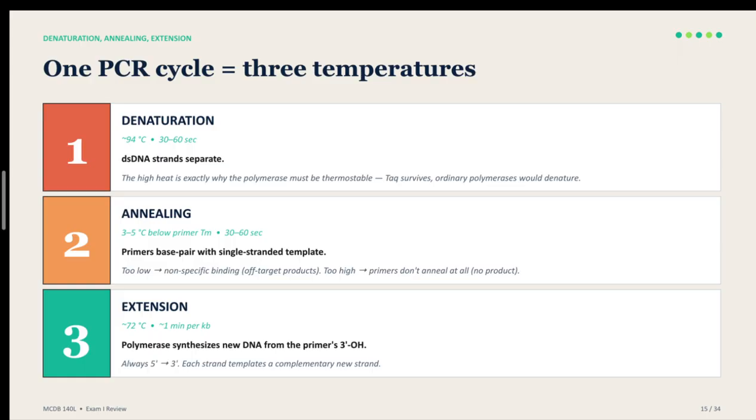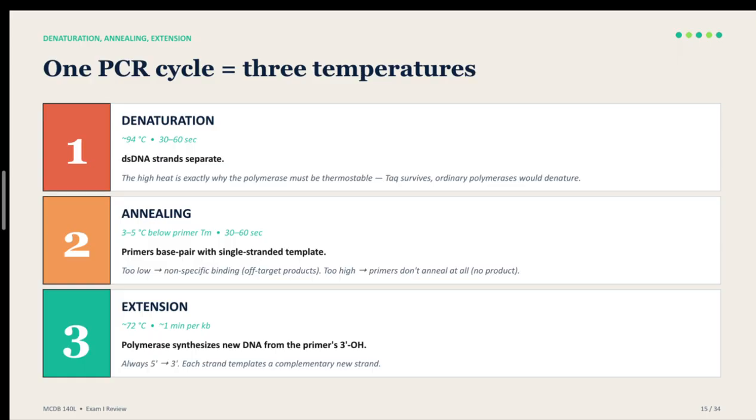And I think the most important part is PCR, so I'm going to focus on it the most. Okay. So the temperature for these has to be just right. Okay. So the primers need to be designed so that your temperature will be 3 to 5 degrees below the